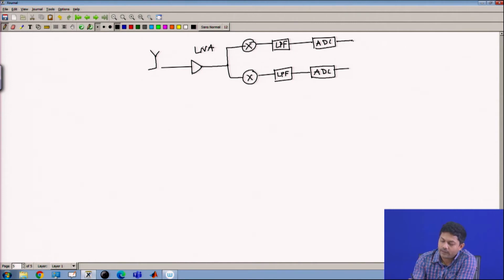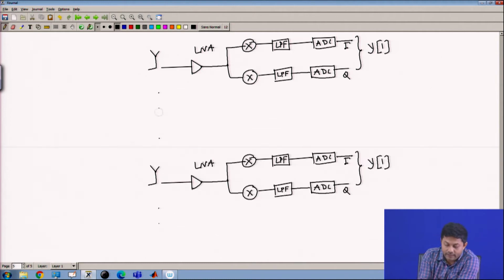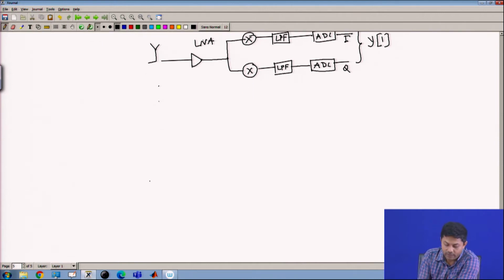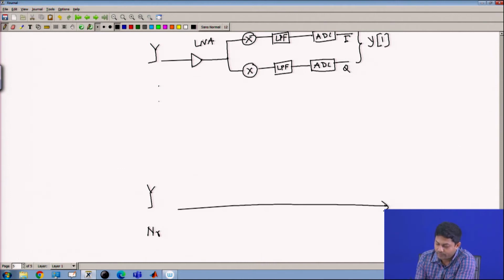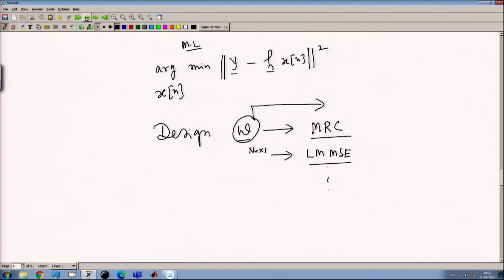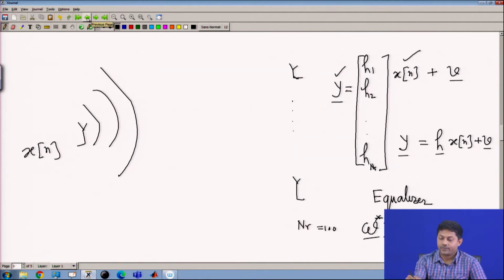This is your complex data, this probably I, this probably Q, you get one Y vector's fast data probably. Now, like that you may have a repetition of the same circuit for NR times. Same thing you repeat and you get here Y NR. Now, this whole thing you call the Y vector. This is one part, because I am operating in a DSP domain, right. This precisely is what I was operating on. This is what my point was.